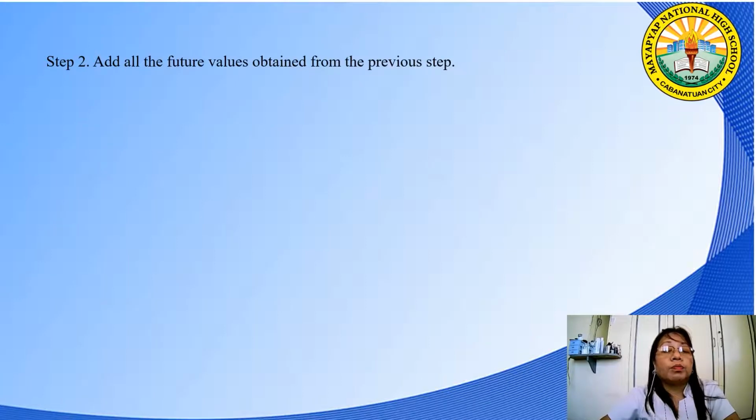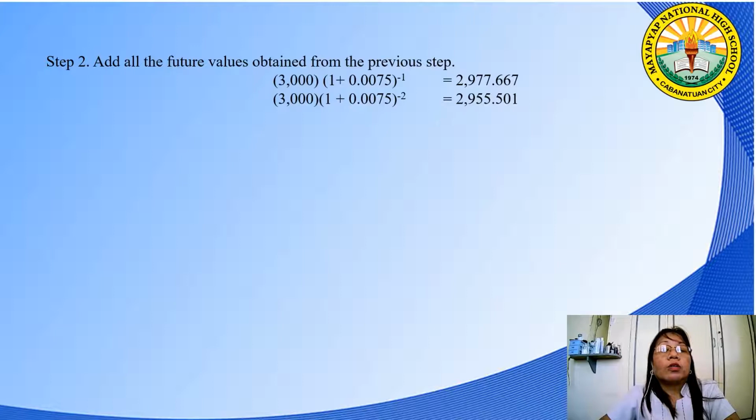So that is equal to 3,000 times (1 plus 0.0075) raised to negative 1, and that is equal to 2,977.667. Then 3,000 times (1 plus 0.0075) raised to negative 2 equals 2,955.501. Then we have 3,000 times (1 plus 0.0075) raised to negative 3, and that is